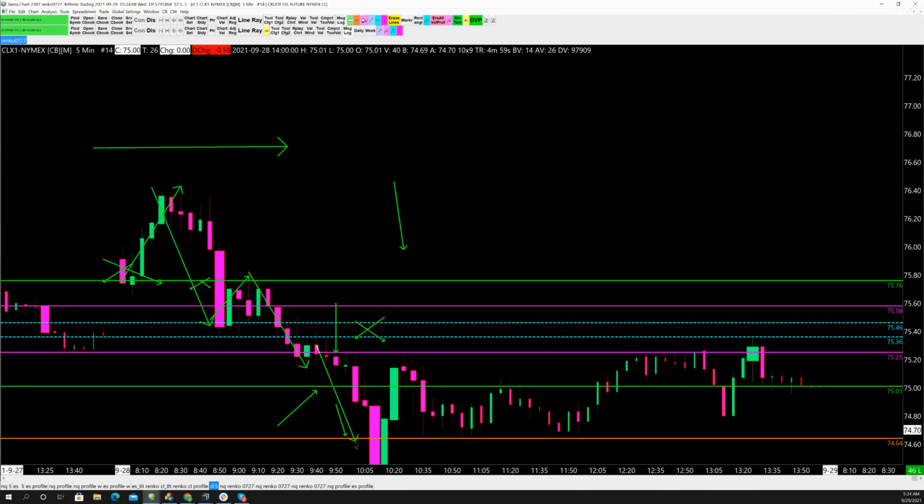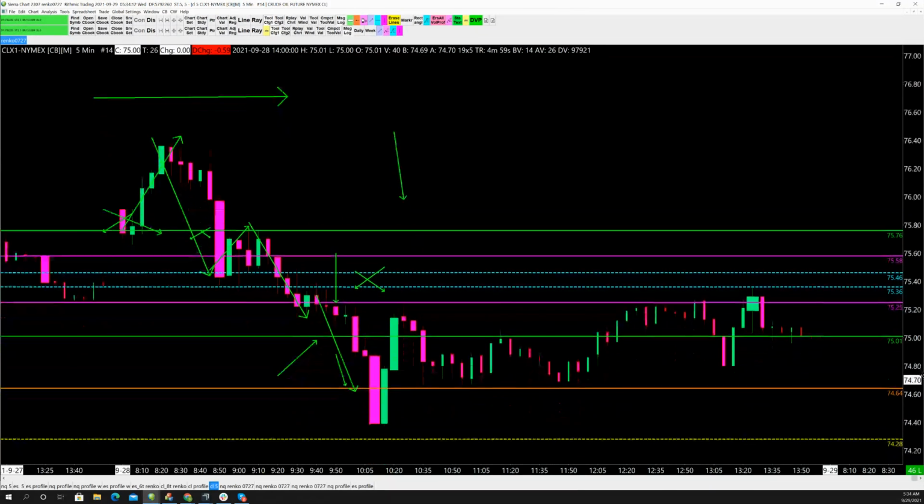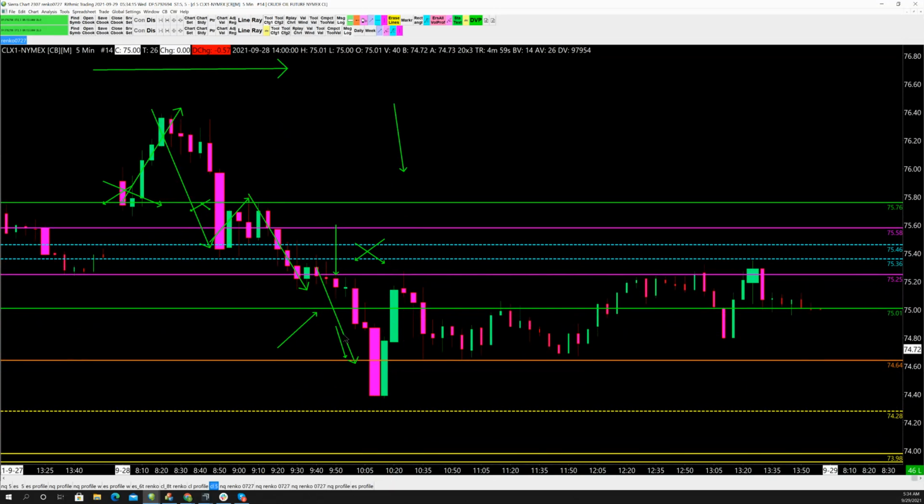Down to 74.64, where we get underneath a prior day's low, right? Break the low, find the dough. We get a reversal from there. Where does it go? It's going to eventually make an attempt back to the prior day's point of control. And then it kind of goes on its weaving little way, does a 50-60 retrace here, and eventually finds its way back up. The key there was recognizing that once you get underneath a 24-hour low,